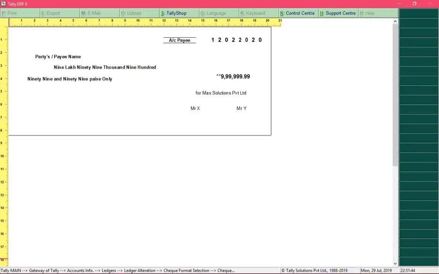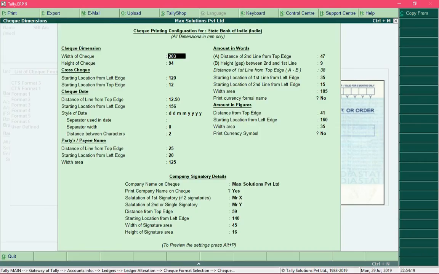To be on the safe side, I recommend that before printing actual check leaves, you take a photocopy of a check and print these details on that check, so you can understand whether all the content is fitting in the right place and in the right position. And in case you feel like making any change, then you can always go back by pressing the escape key and change the dimensions by measuring it with the scale.